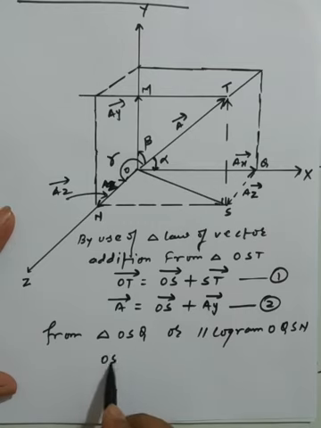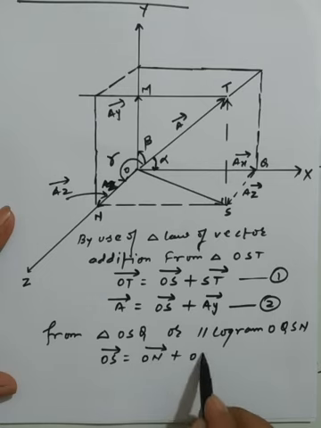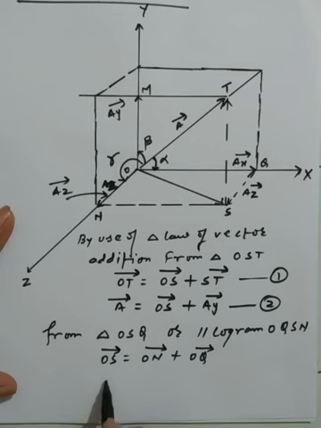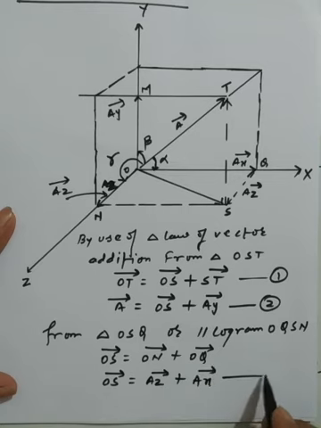Two adjacent sides: OS vector is a combination of the two adjacent sides, one of them the ON vector and the other the OQ vector. OS vector is the resultant of the parallelogram OQSN, which is the diagonal also originating from the same point O. ON vector is simply the AZ vector we have. OQ vector is simply the AX vector. So this is equation number 3.